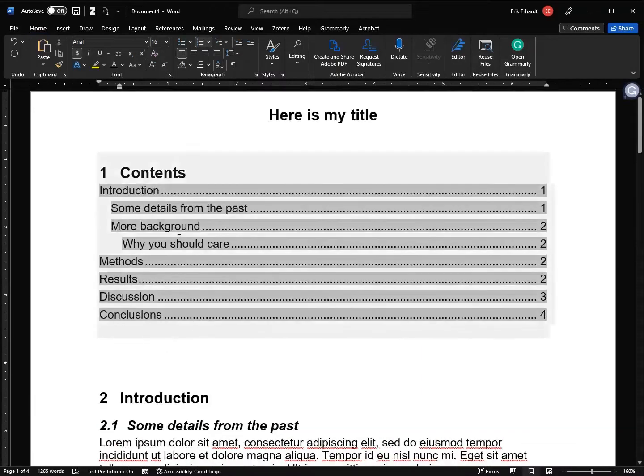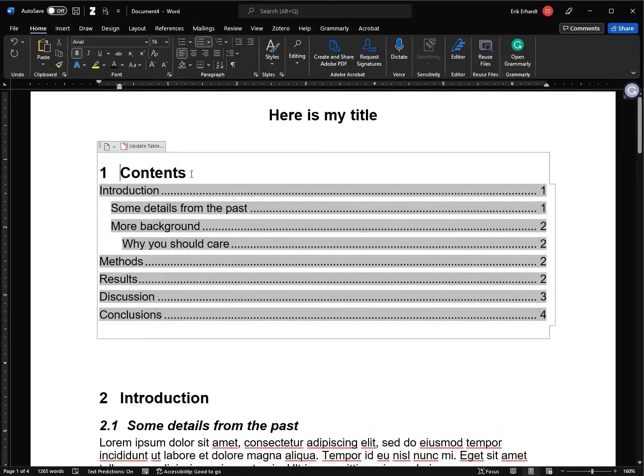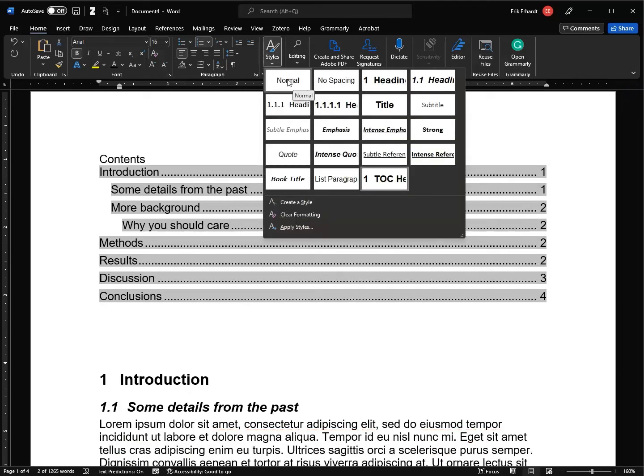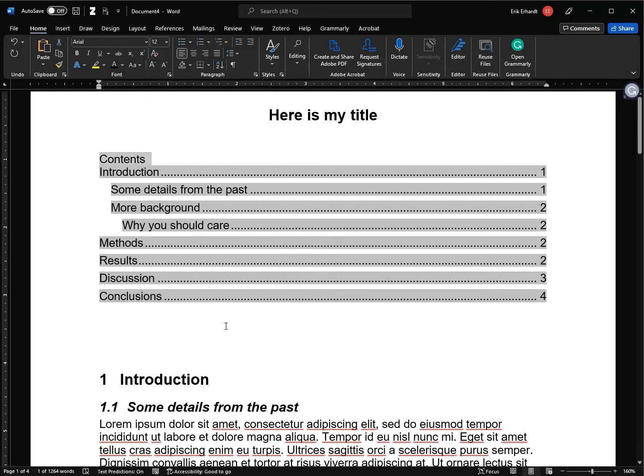Okay. The only annoying thing here is that the table of contents heading is actually a heading 1 that doesn't appear in the table of contents. Let's see if by selecting that and applying the style, so if it is collapsed, you can click on it and it will pop out. If we apply normal to that and then update the table,